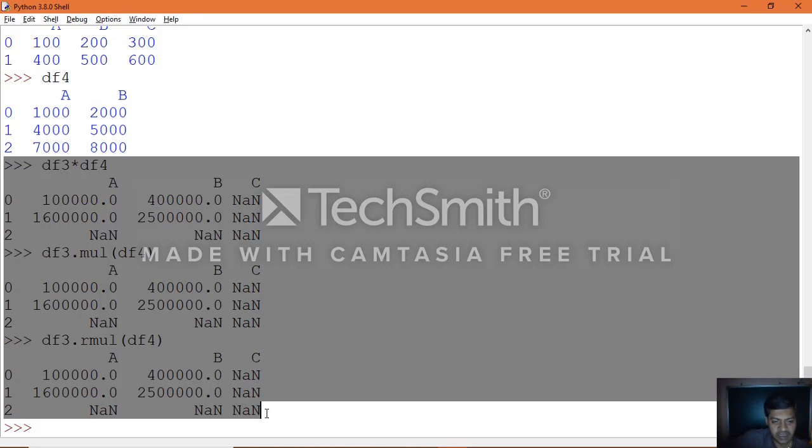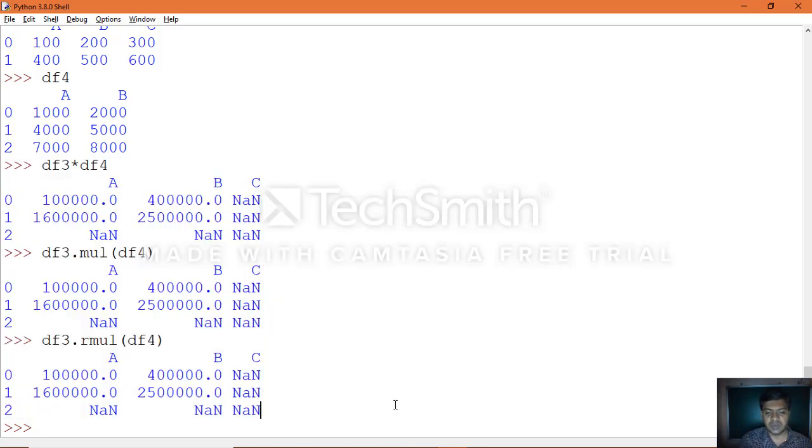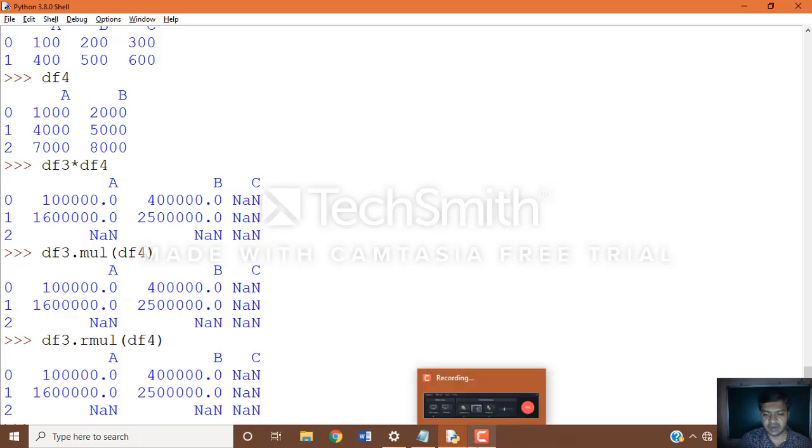Now we saw how you can work with multiplication binary operation between two data frame objects through interactive mode. Same thing you can work with in a script file.